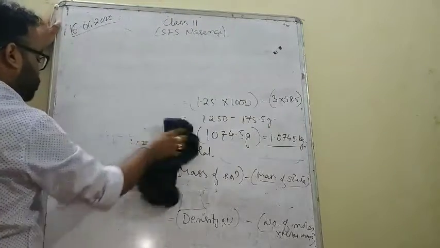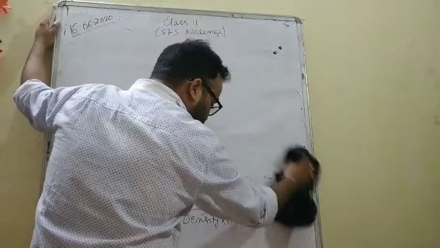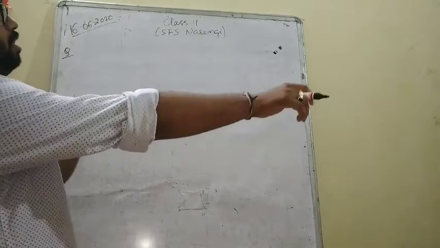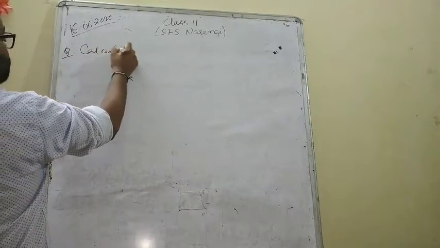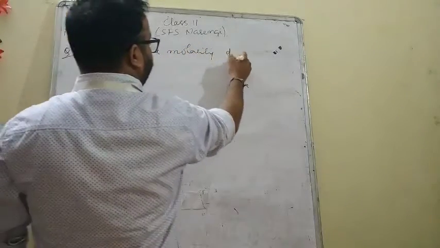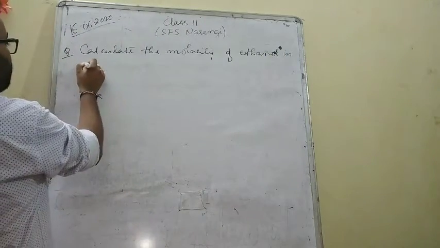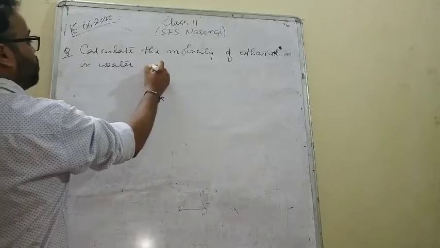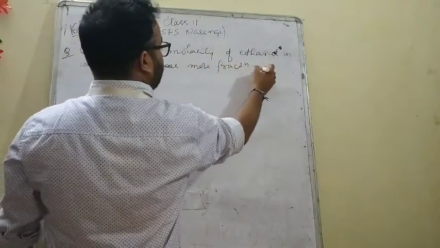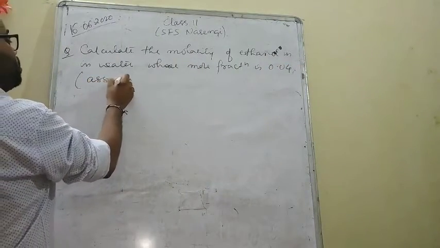So the next question is also given in your book. I forgot the question number, but I remember the question. The question is, calculate the molarity of ethanol in water whose mole fraction is 0.04, and in bracket they have mentioned assume the